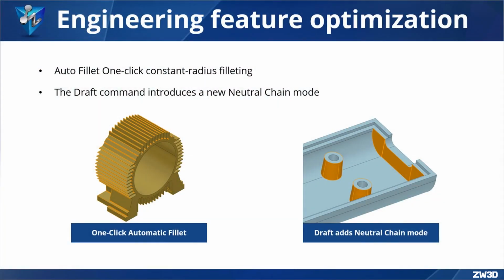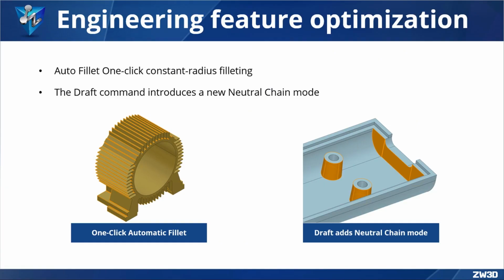ZW3D WuKong 2027 is equipped with newly added automatic fillet and draft neutral chain modes. The automatic fillet function allows users to generate constant radius fillets with one click for edges on solid bodies and surfaces, effectively enhancing the fillet processing efficiency of complex models. The draft neutral chain mode supports draft configuration at any position on the face, enabling design schemes to better conform